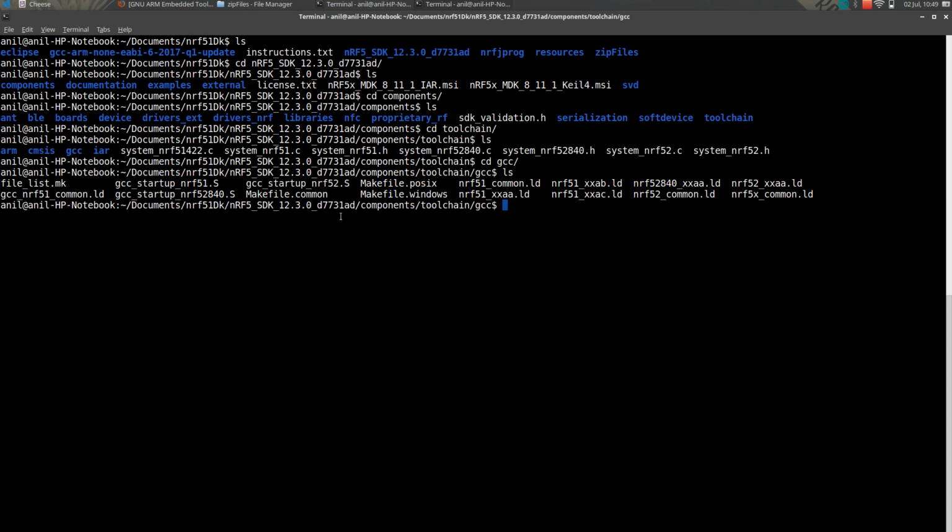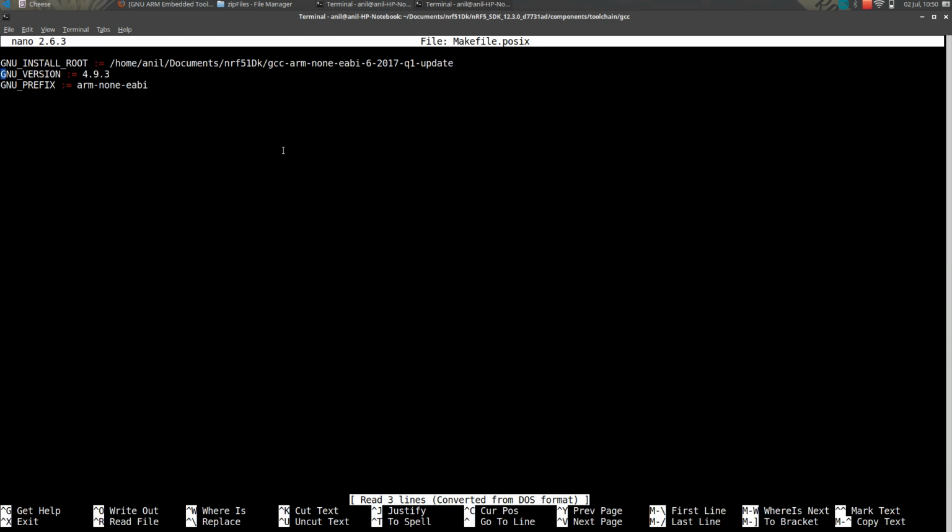Actually you can find different makefiles. So here is one makefile.posix, and here is another makefile. This is makefile.common. This is makefile.windows. So in the Linux environment you need to edit the makefile.posix file. So go to nano makefile.posix. Here you can find three different variables.